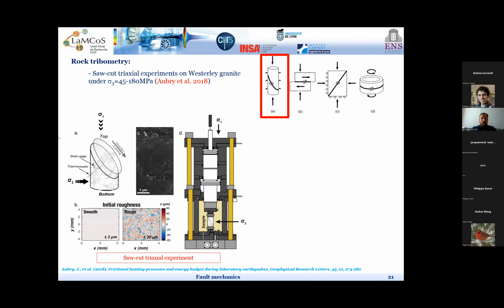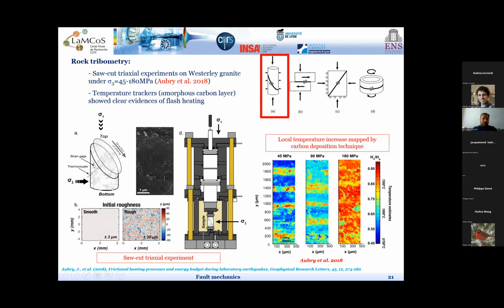And this kind of system is usually used to represent some laboratory earthquakes, that is, to represent some stick-slip events on very small lab-size faults. In this experiment by Guilhem Mollon and Alexandre Schubnel, they were able to track the temperature increase during the sliding events. And indeed, they were able